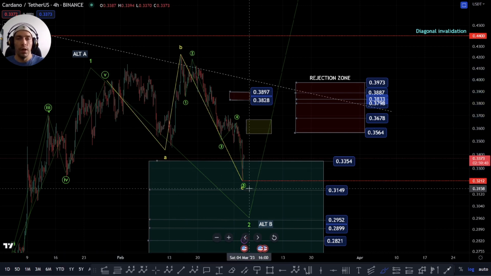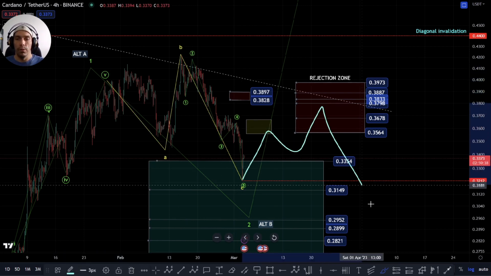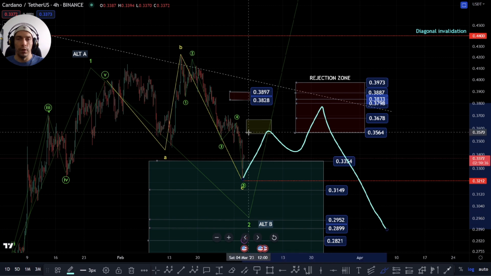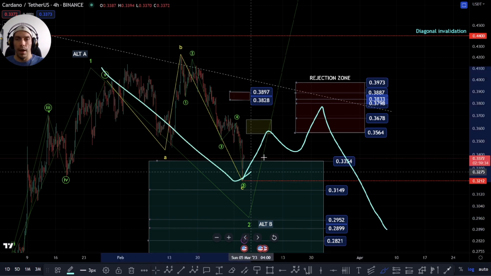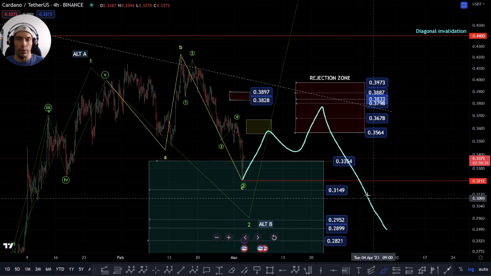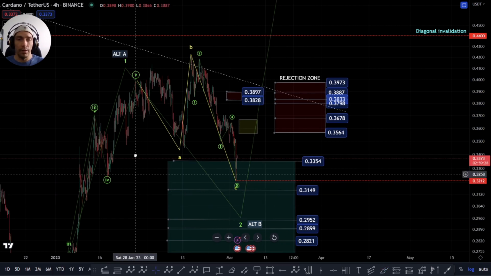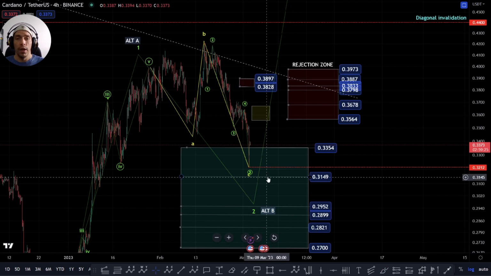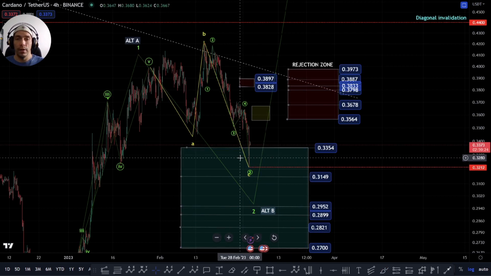It came into this zone, but we could still see a three-wave move up and then another move to the downside. So, this could then become an A. We could get a B sideways here and then get a C wave down still. So we need to just allow for that within the structure. It could potentially be completed, like I said.